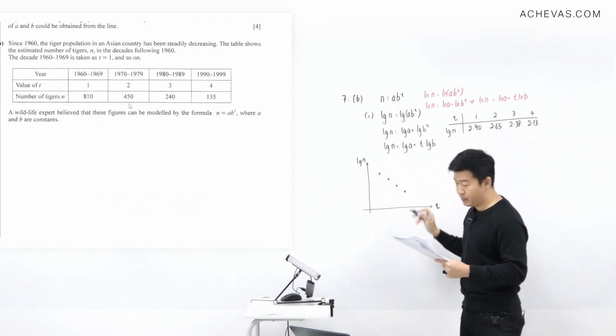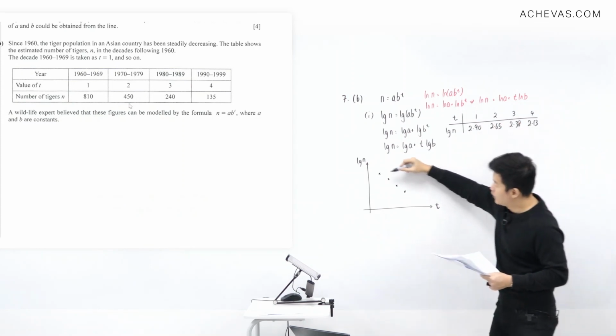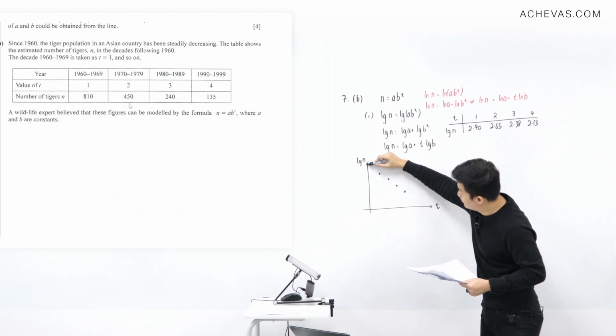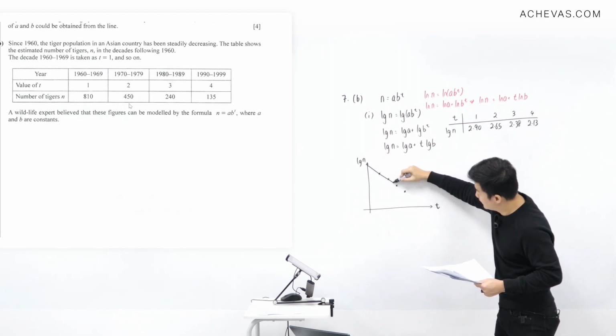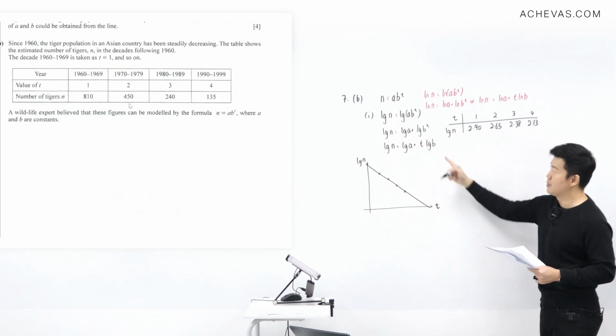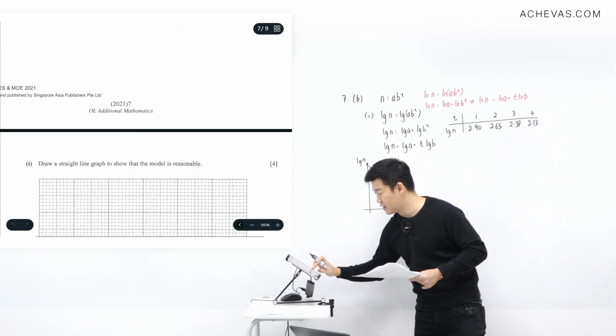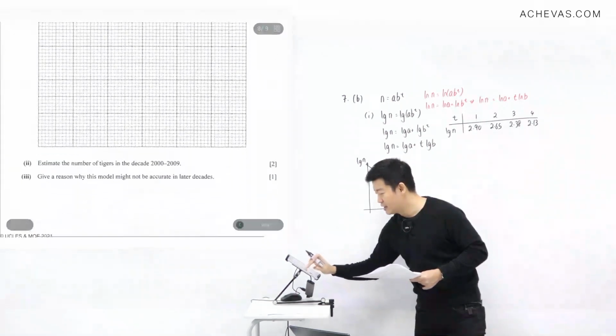So we'll be getting 4 points. For these 4 points, I will be expecting to get a pretty straight line. So let's say I've drawn the best fit line and it gives me this. So this will be representing the straight line. And in the next part of the question, after I've plotted this,